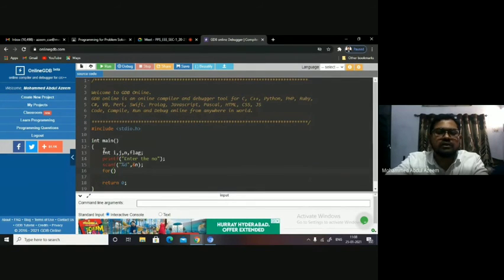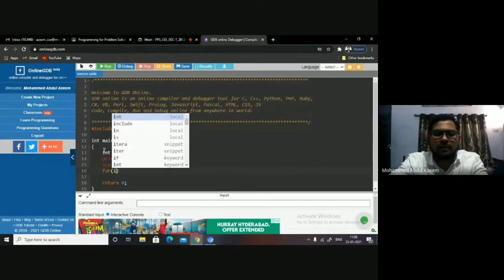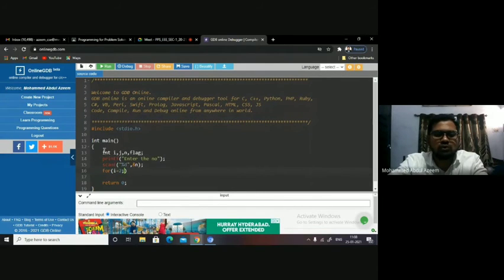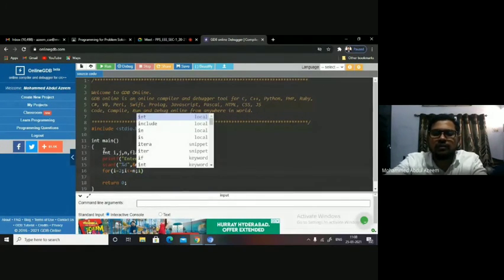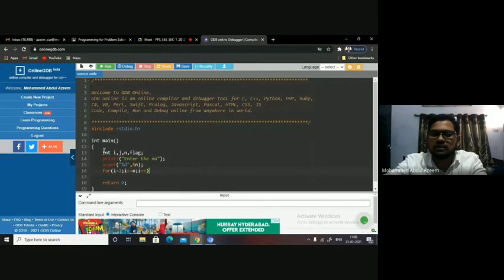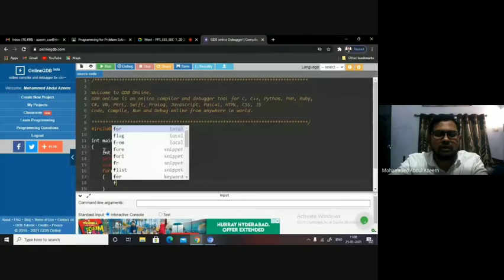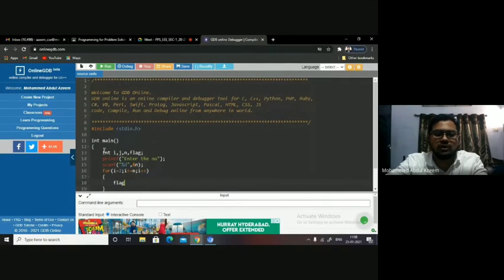Now the logic is: for I equal to 2, I less than or equal to n, I plus plus. So inside the outer for loop, first you take a flag initialized as 0.